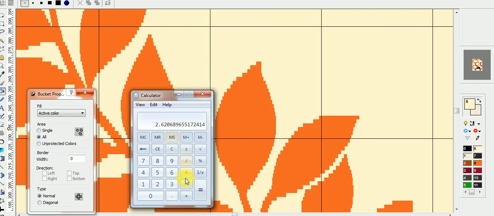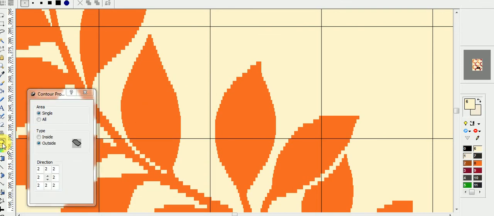So I am taking here for the outline contour 2 picks. I am just multiplying with 2. Whatever the ends is, I get 5.2. I can take here 5. See, this is weft and this is warp. I am just taking here 5 and 5. Hooks I am changing 5 by 5, and the remaining places I am leaving the same.